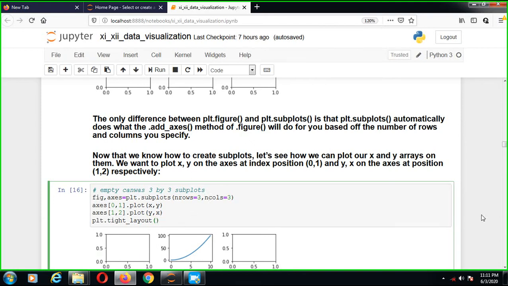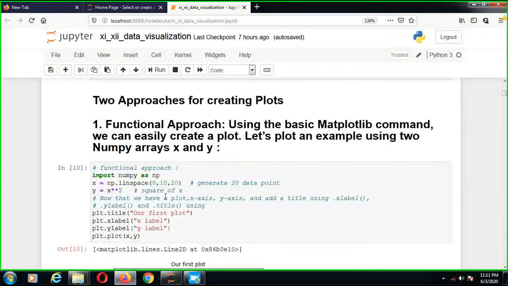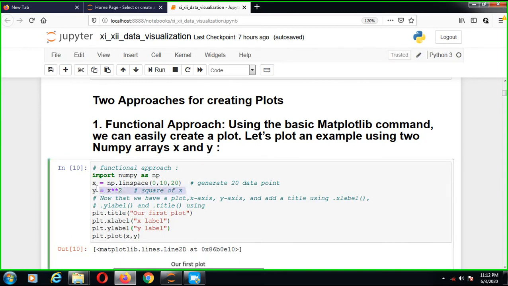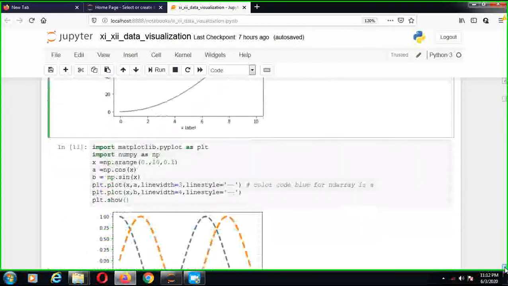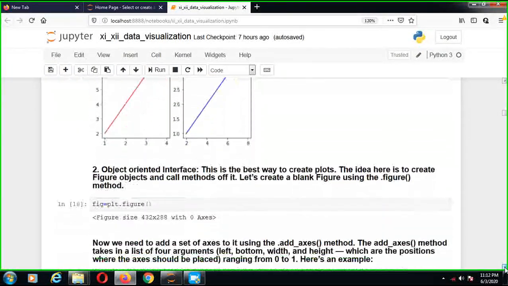So what should I do? I just go up, okay, and this is the value of x and y, and I want to use that value on that column. So we'll see the output of different types, a straight line.